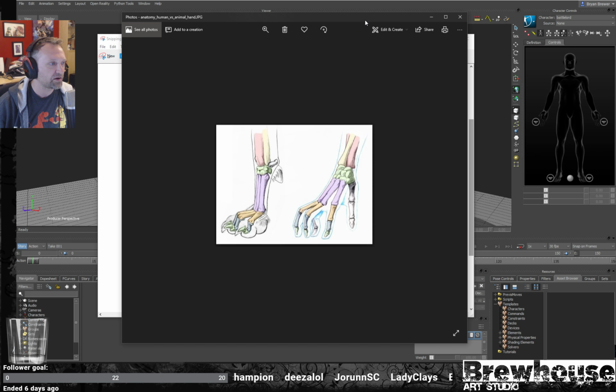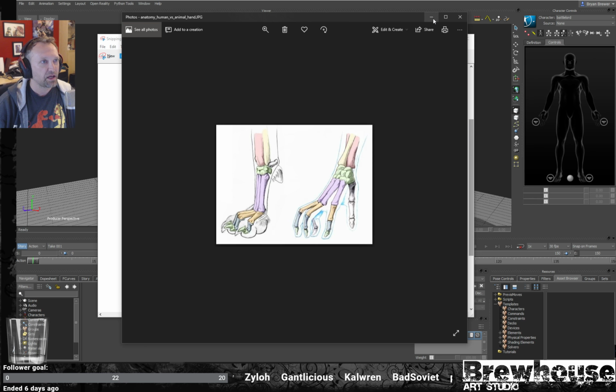This little green area right here, this is kind of like the actual hand. These are the metacarpal bones. And then you got your carpals, which are right here. And then it comes down into the fingers and the claws and everything. So as long as you have a strong understanding of anatomy and how these things should work and function, the better you're going to do being able to set this up and get